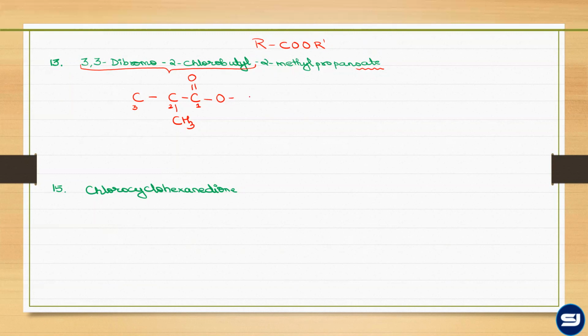अब इस oxygen के बाद you have 3,3-dibromo 2-chlorobutyl. So we will first draw a chain of 4 carbon, and with respect to oxygen, it will be numbered as 1, 2, 3, 4. जहाँ पे 3 पे 2 bromo है and 2 पे there is a chloro. Satisfying the valency, it will be ended like this. And now, can you identify the correct structure?